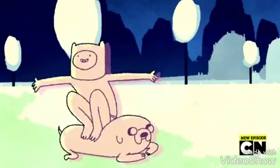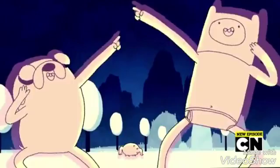They don't go looking for the lard, I mean. They forget everything. And then Finn and Jake see each other, and he's just like, oh, hi, I'm Boy, you dog. It's kind of funny. And then they see Tree Trunks, and this is where we learn that Finn and Jake have a natural disposition